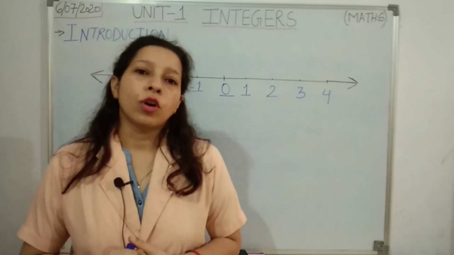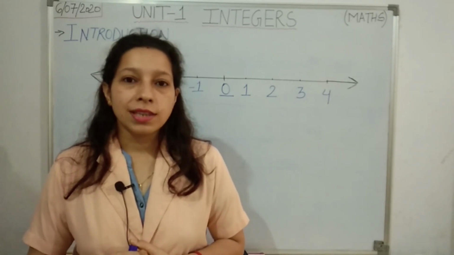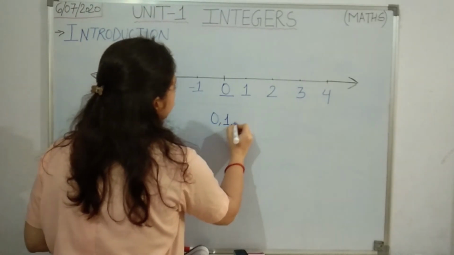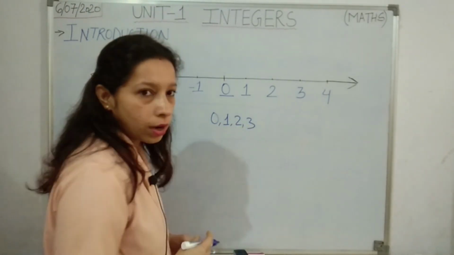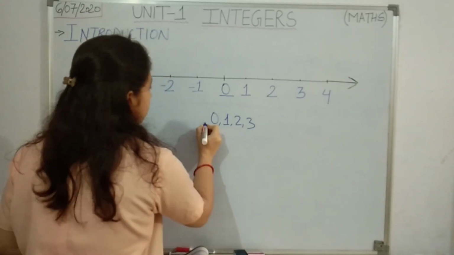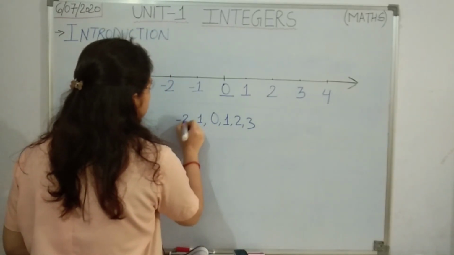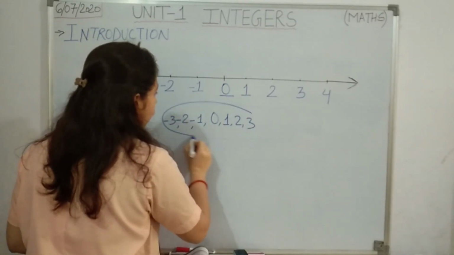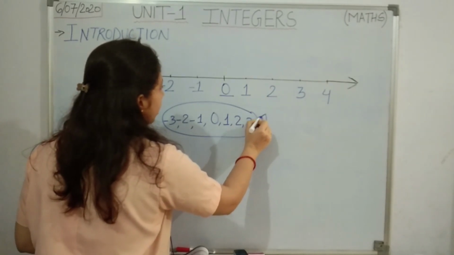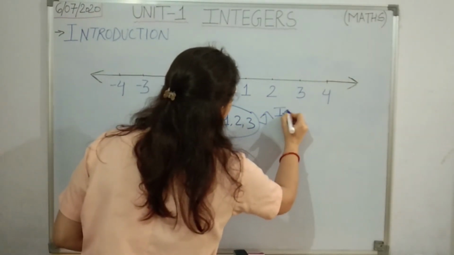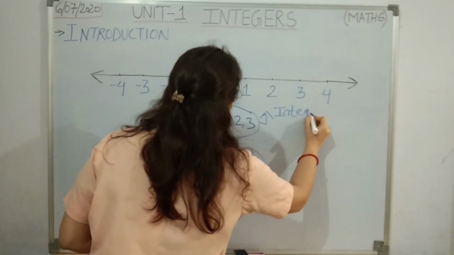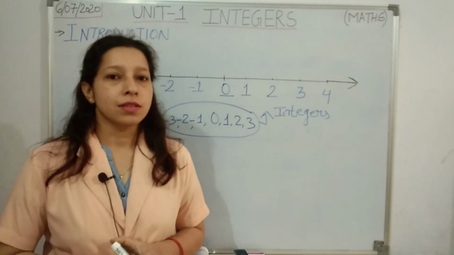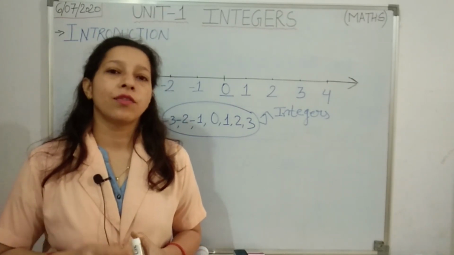Okay, can you tell me what is whole number? Whole number starts from 0. Look at the board. 0, 1, 2, 3. These are whole numbers. When you write negative whole numbers, -1, -2, -3, this complete set of whole numbers now is forming integers. So what do you mean by integers? Integers means positive numbers, 0 and negative numbers all together form integers.